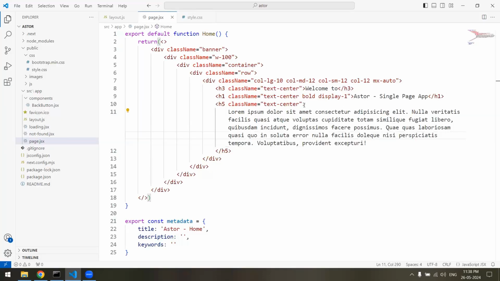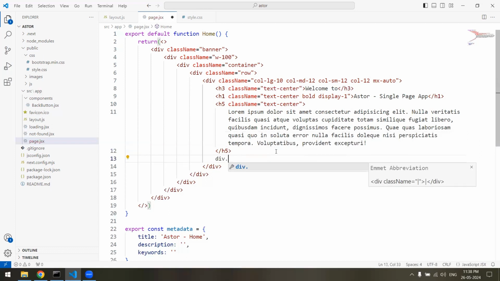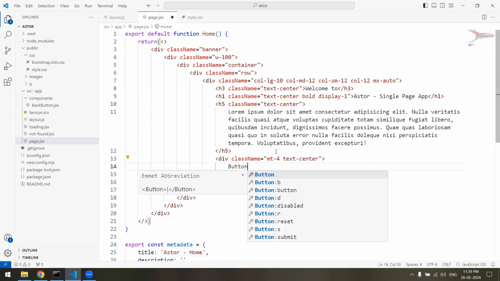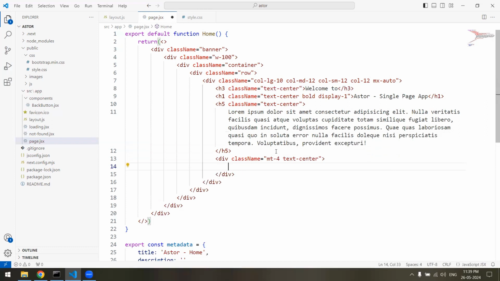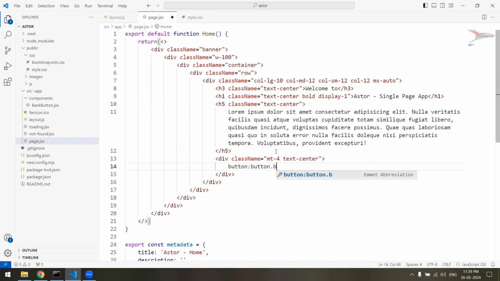and let's create a contact button division dot mt4 dot text center, and here let's say all right, button and btn dot btn, let's say dark,